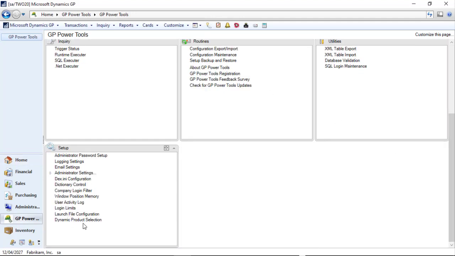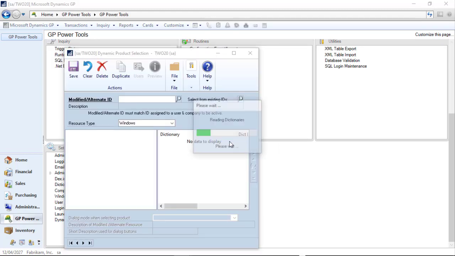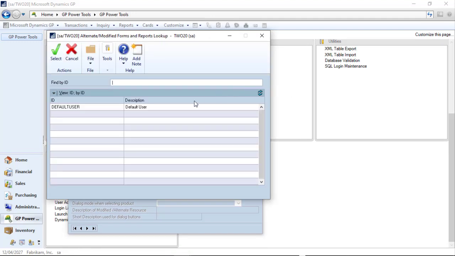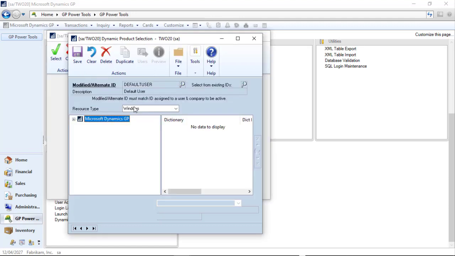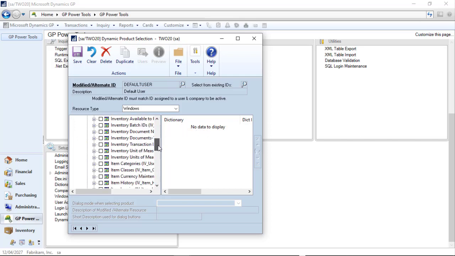If we go down to Setup and Dynamic Product Selection, put in your system password if you've got one, and I'm going to use existing IDs. Now I know that my current users are using the default ID for the alternate modified ID. So I'm going to come in and I'm going to say in inventory, I'll find item maintenance. So you'll see I've got a few different versions of item maintenance here. There's the modified version. So if I click and say activate this feature for item maintenance and click on it,